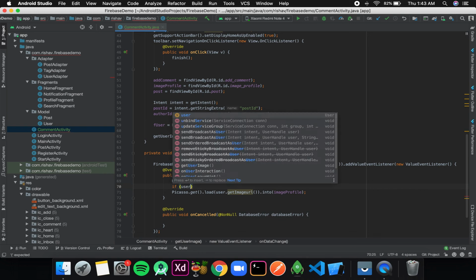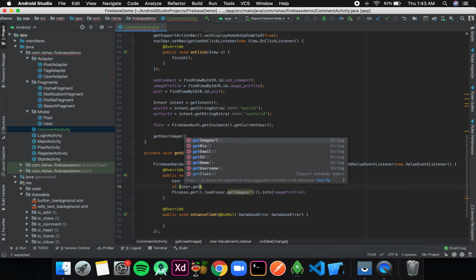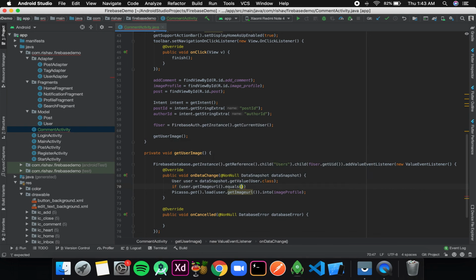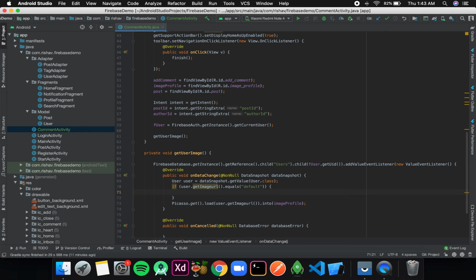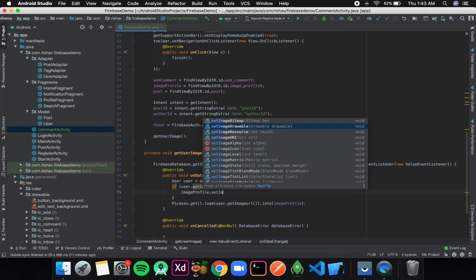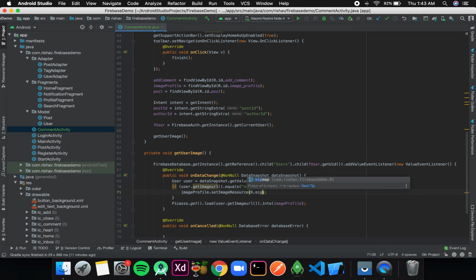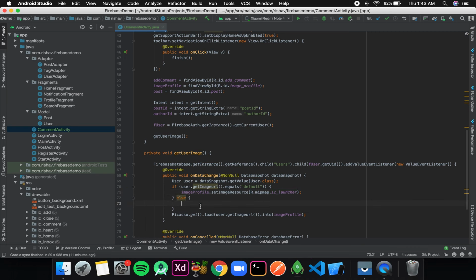If user.getImageUrl().equals("default"), okay, then we will simply write imageProfile.setImageResource R.mipmap.ic_launcher, okay, else we will load using Picasso. So I'll just cut it from here and paste it right over here.